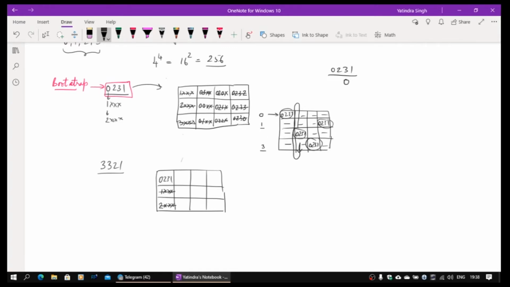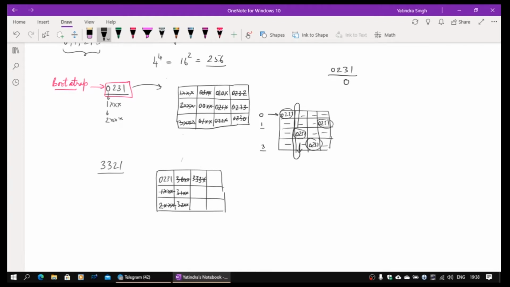Next will be starting with 3. After 3 I get a digit 0, but there is no node with 30XX. 31XX, there is no node available with this. 32XX, no node is available here. Then 33, I will require 33X.